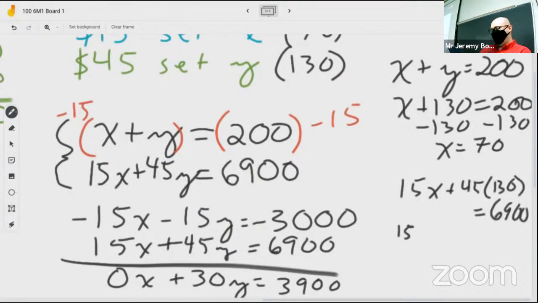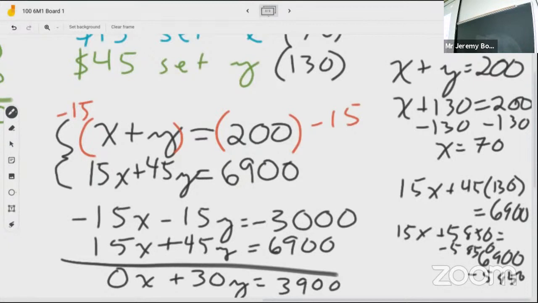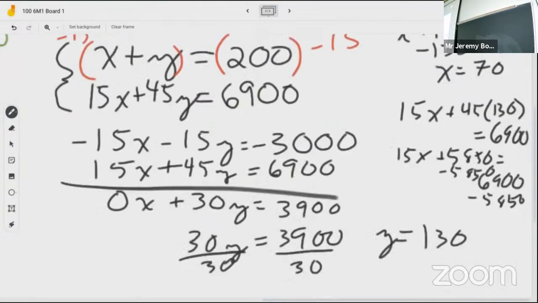And this would be 15x plus 5850 is equal to 6900. And subtract the 5850, which will give you,